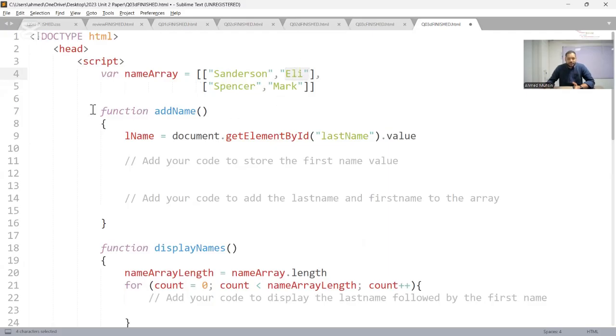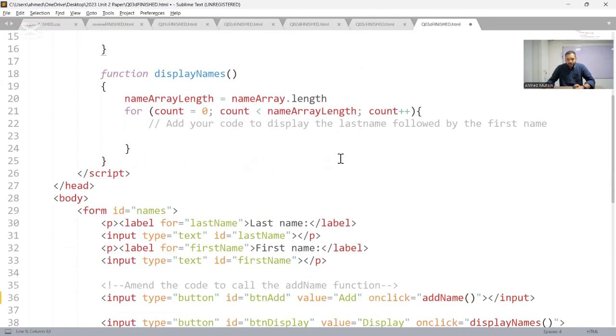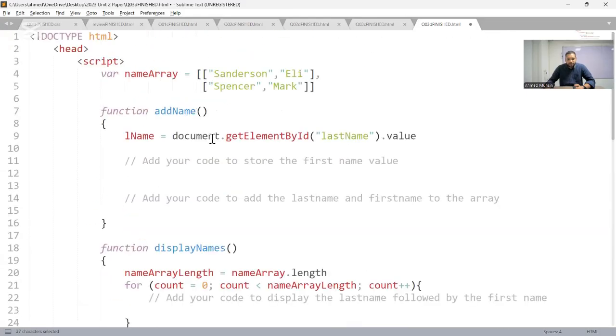Right. Then inside the addName function, var lname is equal to document.getElementById by ID, lastname's value. What does this mean? The value entered in this particular field will be equal to the variable lname. Now they are asking you to add your code to store the first name value. So I'll follow the same formatting that was done over here. So variable fname, you can say var fname or you can just say fname. Fname is equal to